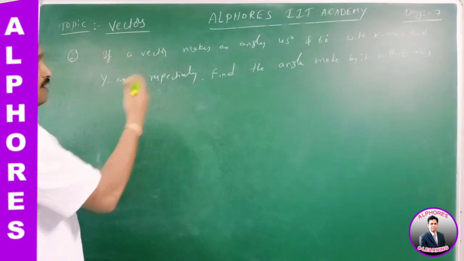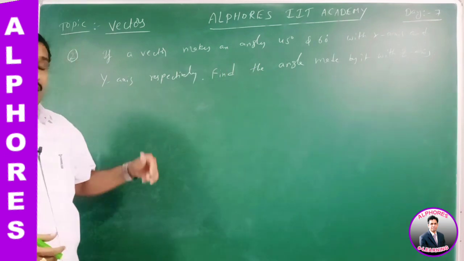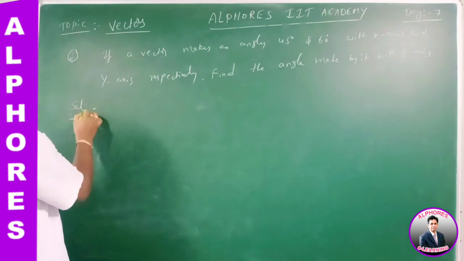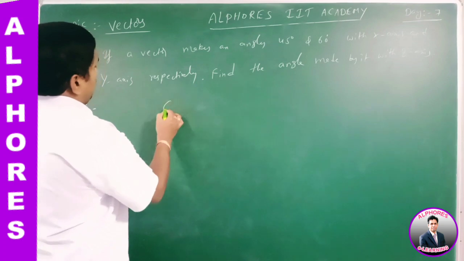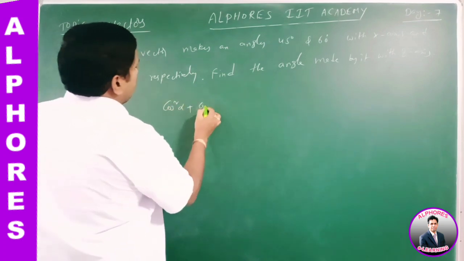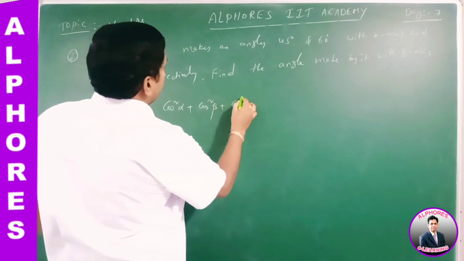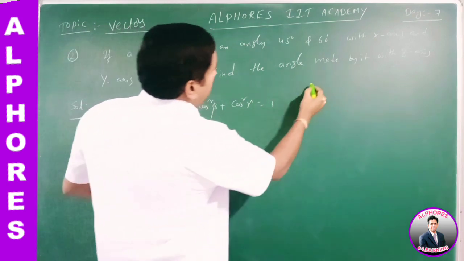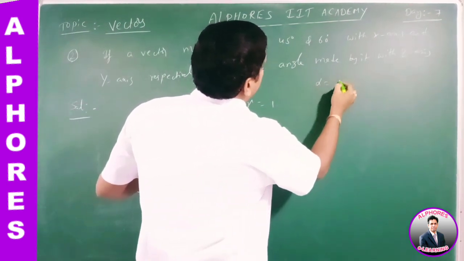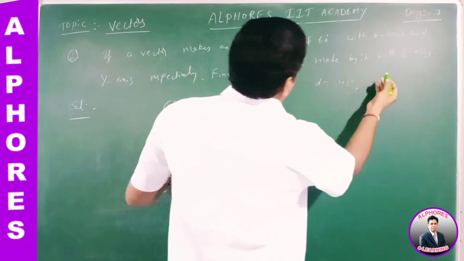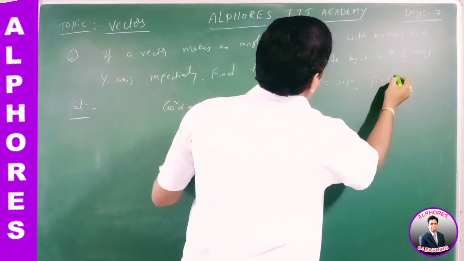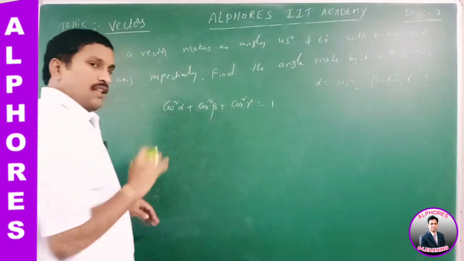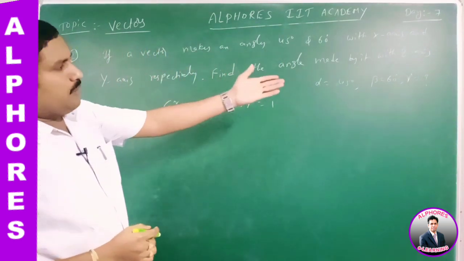Now in order to find the angle made with the z-axis, we already know the relation between the directional cosines, as per the concept of resolution of vectors in 3 dimensions. Please tell me what is the relation: cos square alpha plus cos square beta plus cos square gamma is equal to 1. According to the given data, alpha is 45 degrees and beta is 60 degrees. From that we have to find the gamma value. That is the question. Now the alpha and beta values are substituted in this equation.